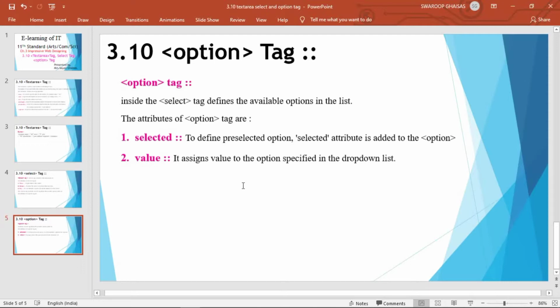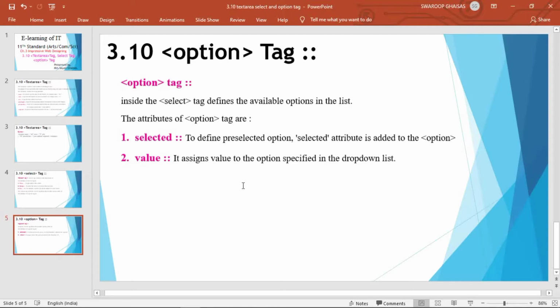So two attributes are used with the option tag, selected and value. Selected is used to define a pre-selected option, and the value attribute is used to specify the value that is to be transferred to the server whenever the user selects a certain option. So the value associated with the option can be set with the value attribute.